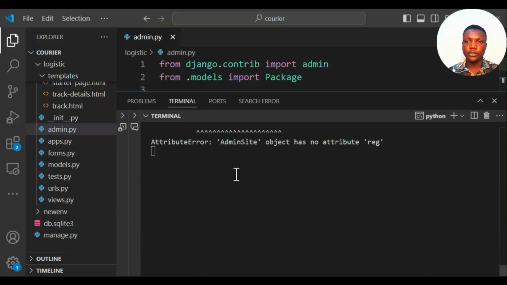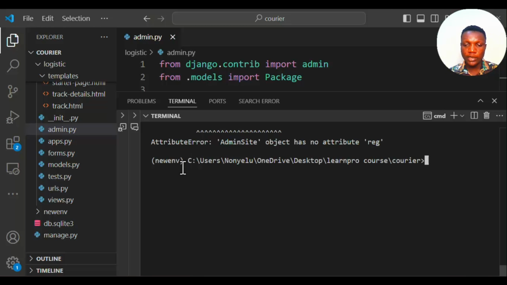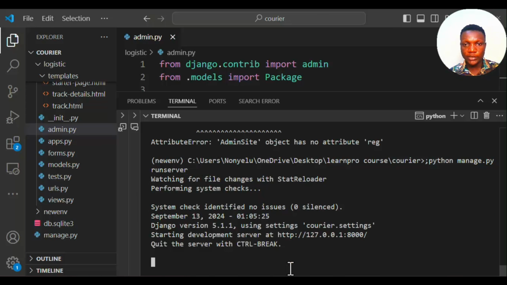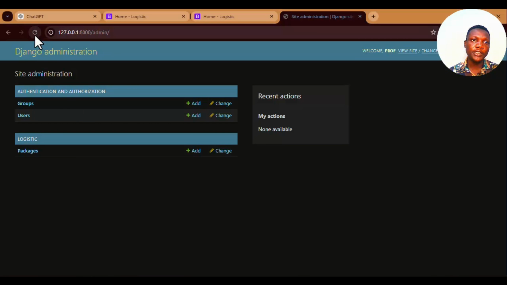I'm not sure, but I can just simply press Ctrl+C to end this server and the up arrow key to visit the last command that you used. So let's wait for it. Okay, so now let's refresh, and we have packages, and we can click on the packages